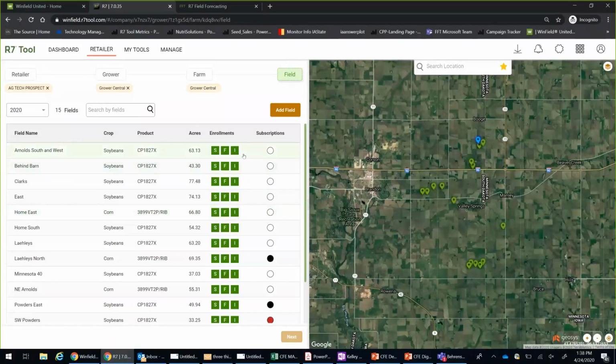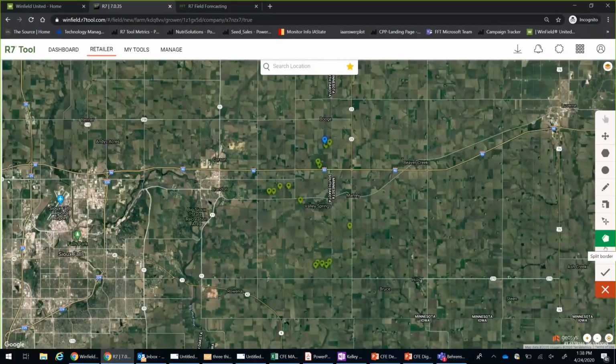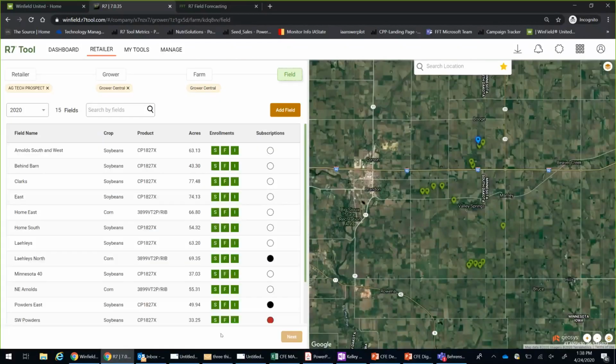So once you get to this list, like I said, and what we've always had previous, if you need to add a field, you simply click Add Field, and you're still going to get those same editing tools that we've had in the past. If you don't need to, you can just click Cancel, whatever that might be. If all of your fields are here in this list, there's an easy way to manage them.